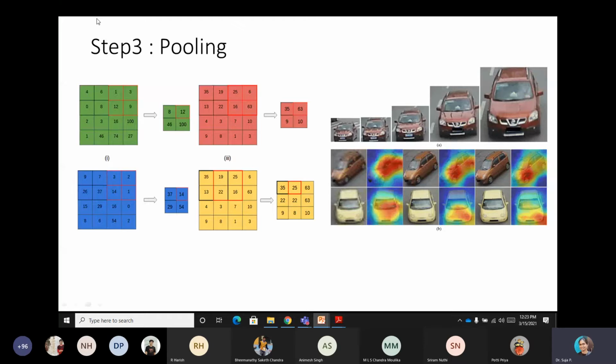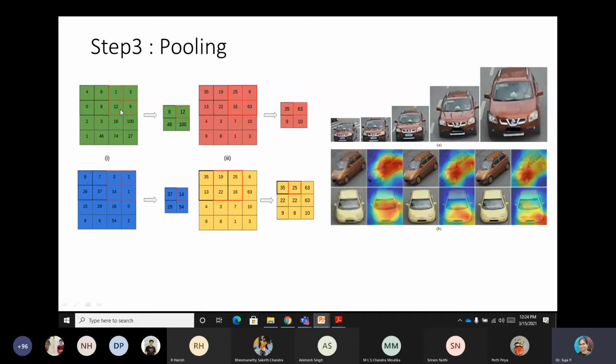In this 4 cross 4, I have 4 such 2 cross 2 portions. You take one 2 cross 2 subset, and out of this 4 6 0 8, I find the maximum element and put it here.